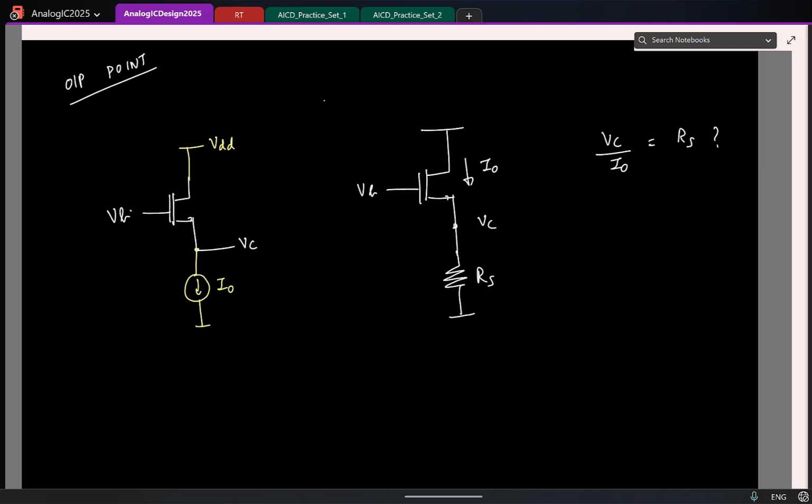Remember, I want to make sure that this voltage here is Vc, correct? And I want to make sure the current is I0, right? So which means I0 is essentially what? So if I choose my Rs to be the same voltage as I0,